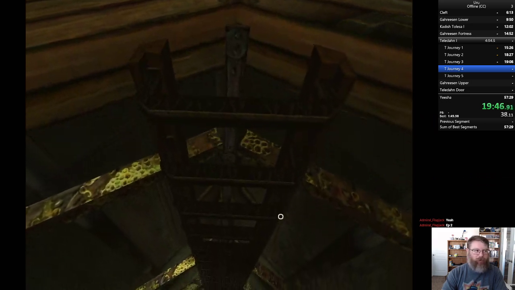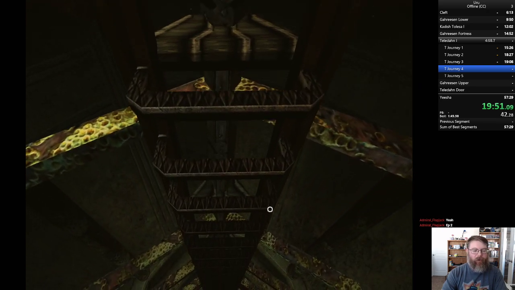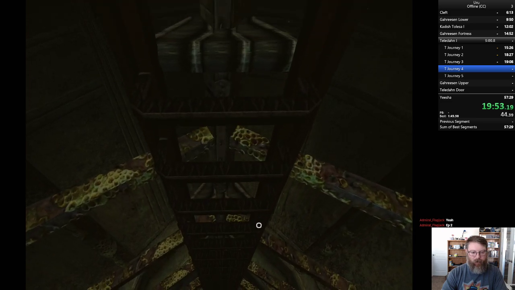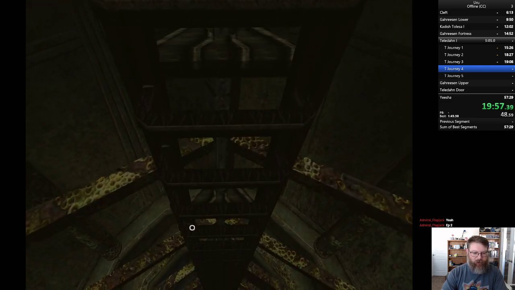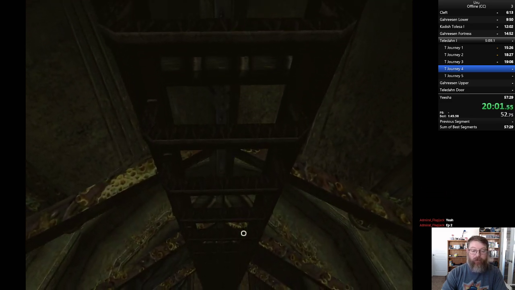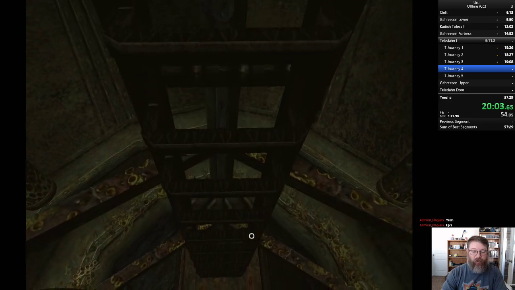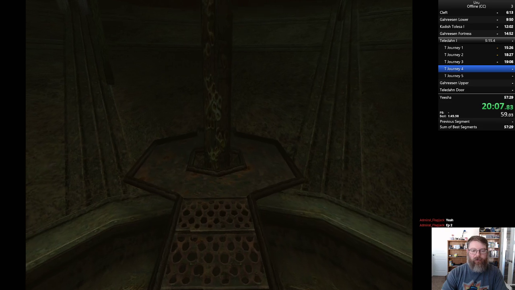Unfortunately, I have to do all of this ladder climbing, which is unbelievably slow. So, on the to-do list for this game, see if I can just set up a VSync in my graphics card settings to avoid having to use a third-party program. That's A. B, see if I can figure out